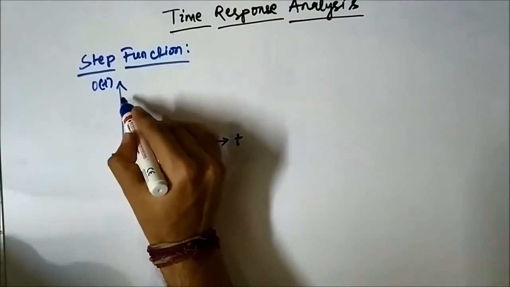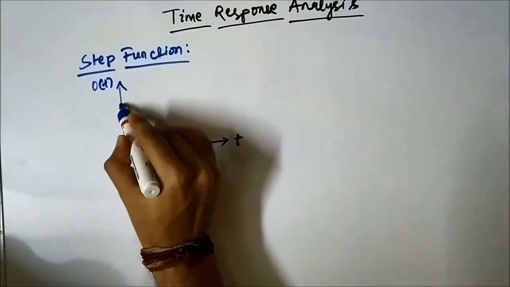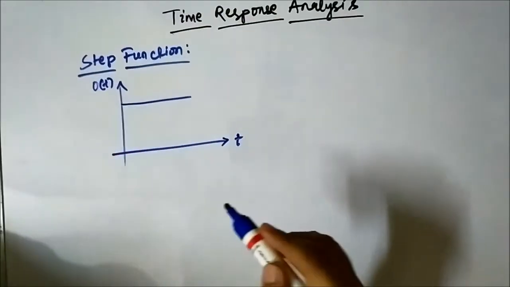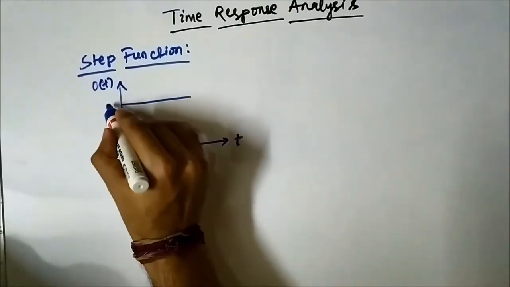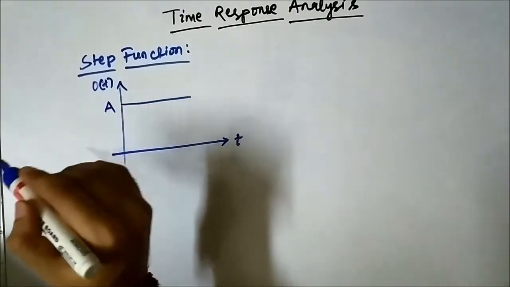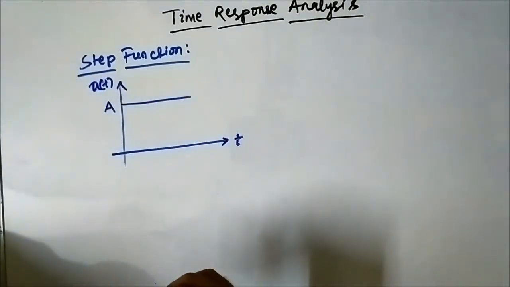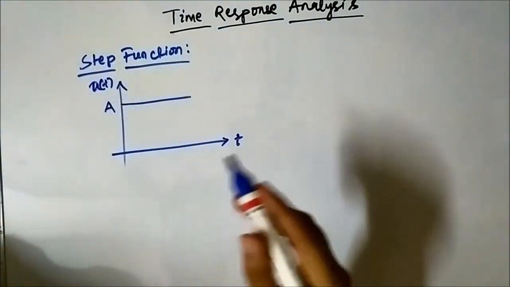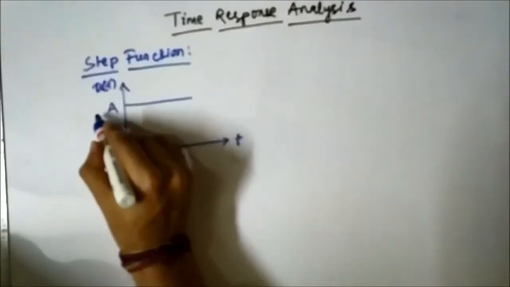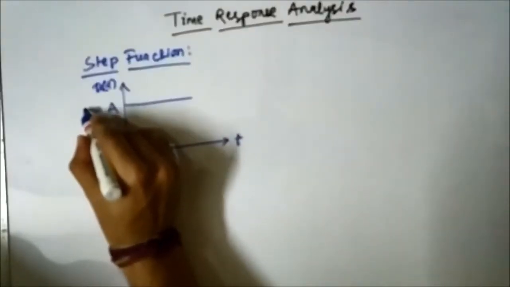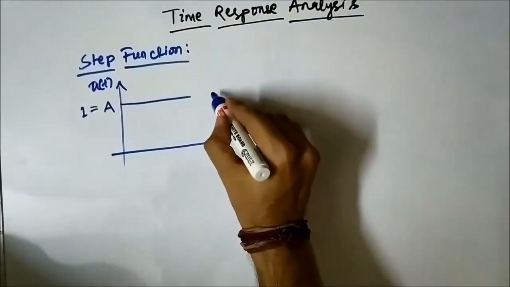The step function looks something like this. It has a constant magnitude, let's call it A. The step function is called u(t). If this value is equal to 1, it is called